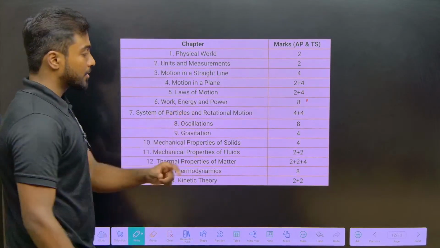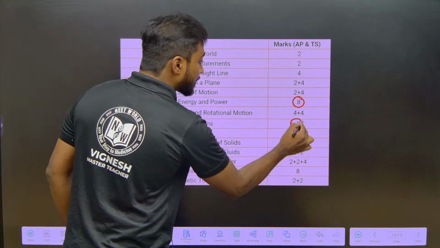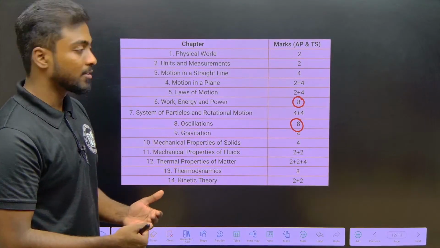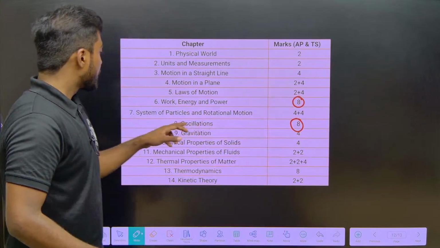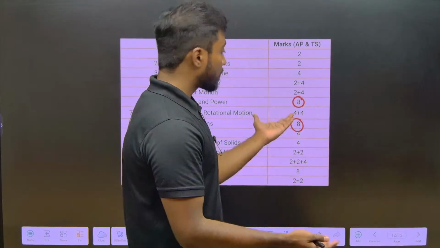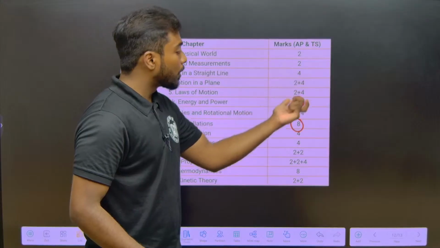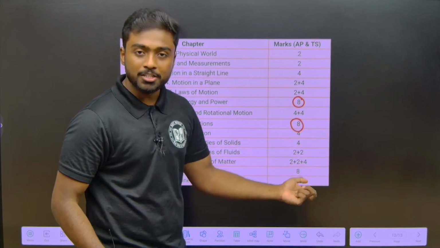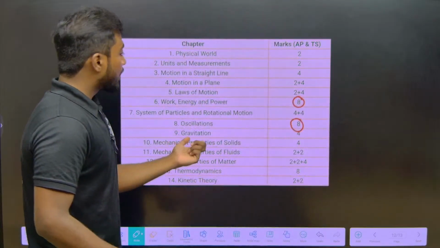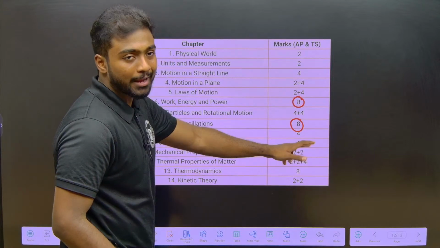Work, power, energy, yes. So here work, power, energy and oscillation are the long answer type questions. Essay type questions, so long answer type question. Then system of particles, 2 4-mark questions will be asked. So this is also an important chapter. So everything is important, guys, but if you need to cover the more weightage topics first, then go for the less weightage topics. Okay, then mechanical properties of solids and gravitation, if you see 4 and 4, 8 marks.